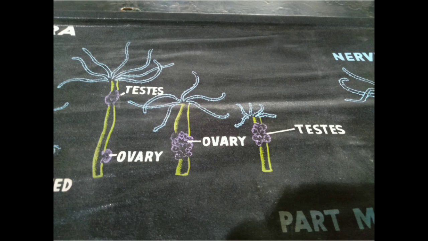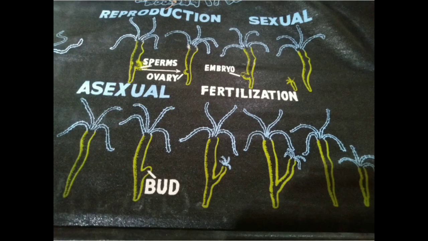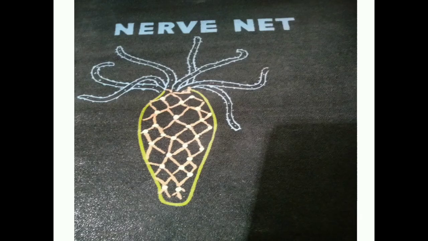Then see here, all these animals show presence of both reproductive organs in the same organism. So they are hermaphrodite. Here testes and ovaries are located in the same hydra. So hydra is hermaphrodite or bisexual. It produces gametes and forms embryo. After the embryo develops, it is indirect type of development in case of these Cnidarians. See here, asexual reproduction occurs by budding. This bud goes on developing and separates from the parental hydra to form a mature hydra.